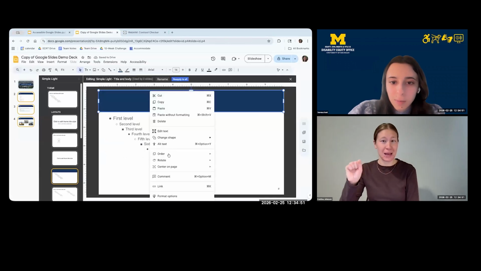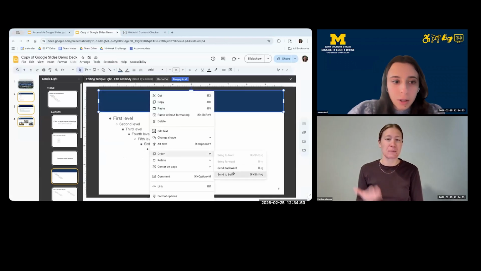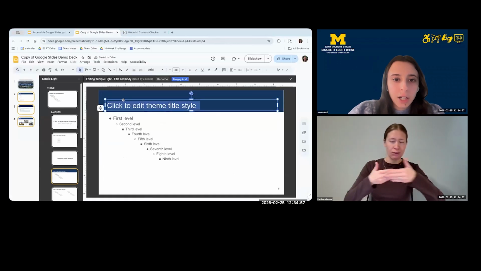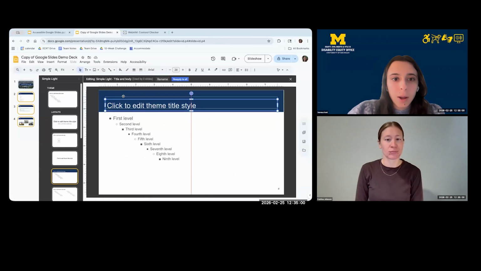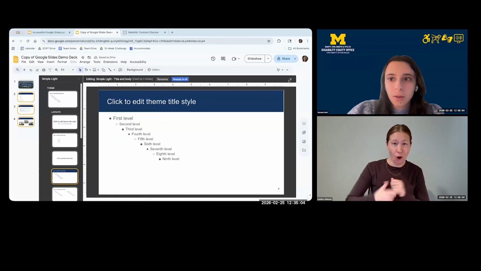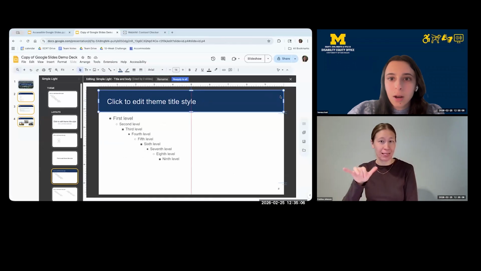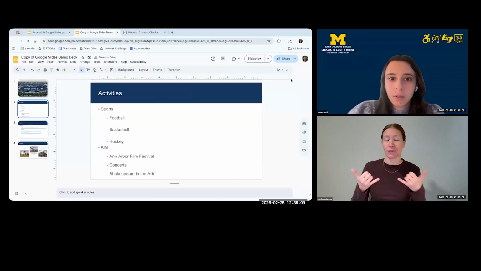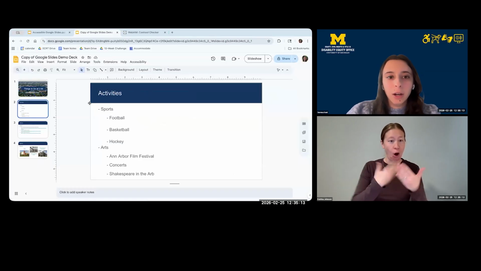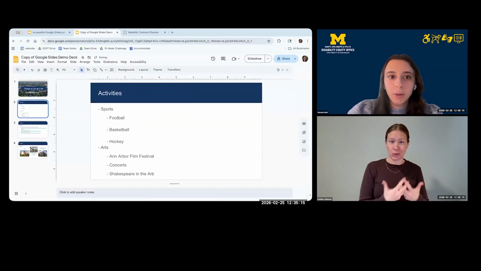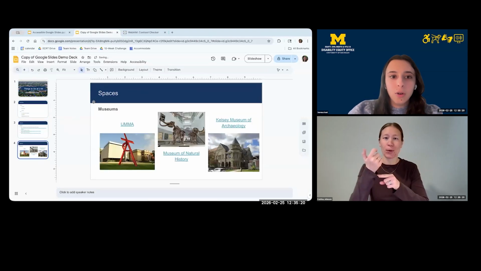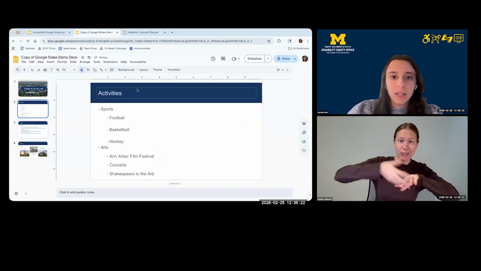I might need to adjust my layout order so that it goes behind the text. But again, I can make any changes that I want and it will update for every slide using this layout. So if I close out here, now all of my slides have that background layer. And I know because I can remove the shape that we had before and the actual rectangle is part of the slide itself.